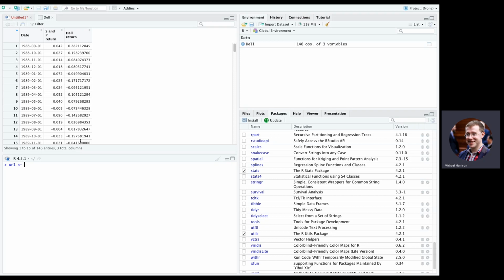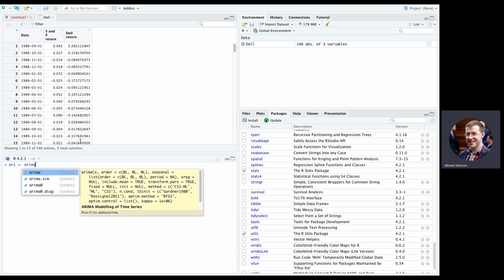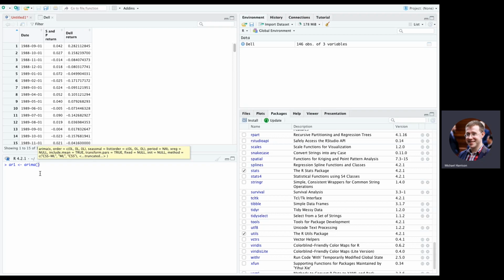The name of the function I'm going to use is called arima. So AR stands for autoregressive, I stands for integrated order, and the Q is the length of the MA process. So we're going to be doing some ARIMA PIQ modeling here, and this is really consistent with all the textbooks,